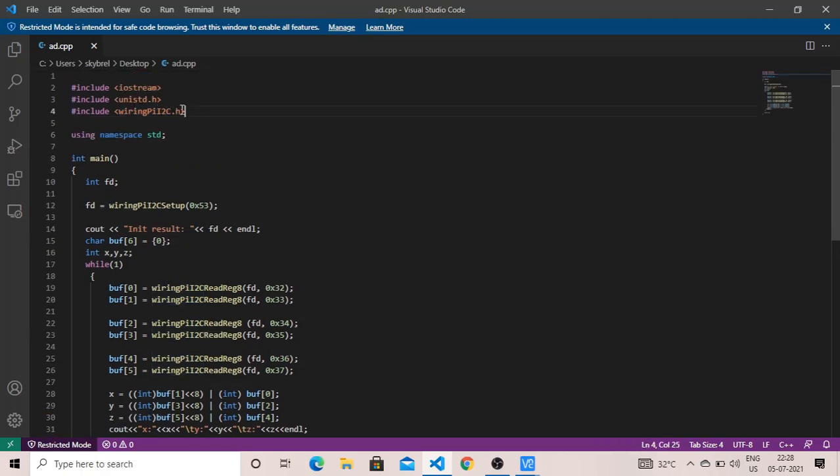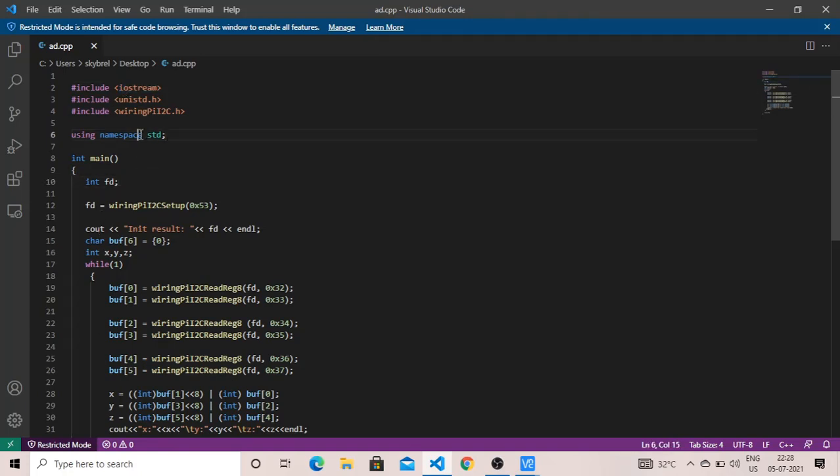After these libraries, I just type using namespace std. It is a package. Basically I have imported the std namespace package here, so that I can use the output keywords coming from the iostream properly.